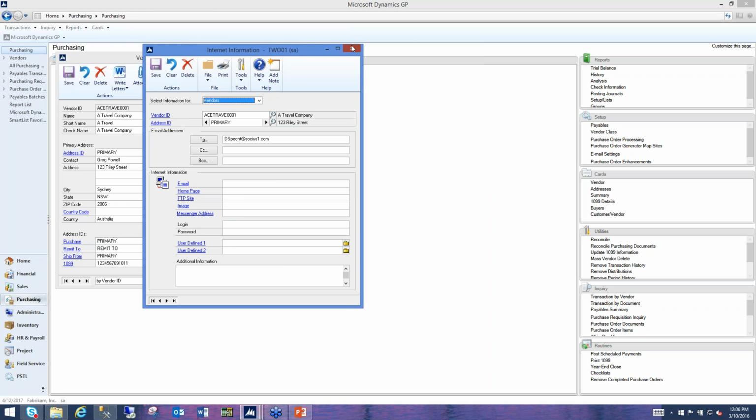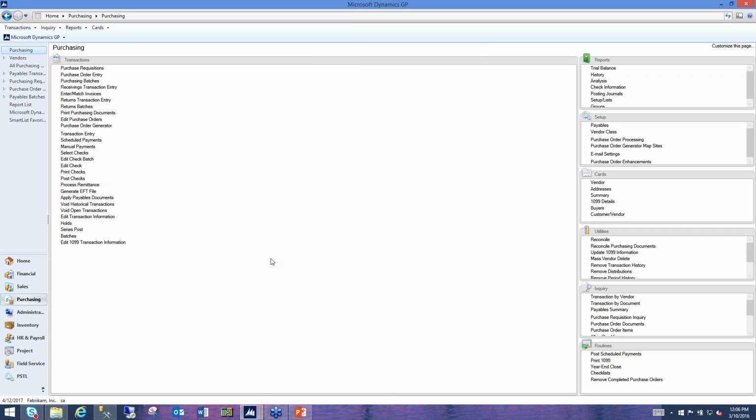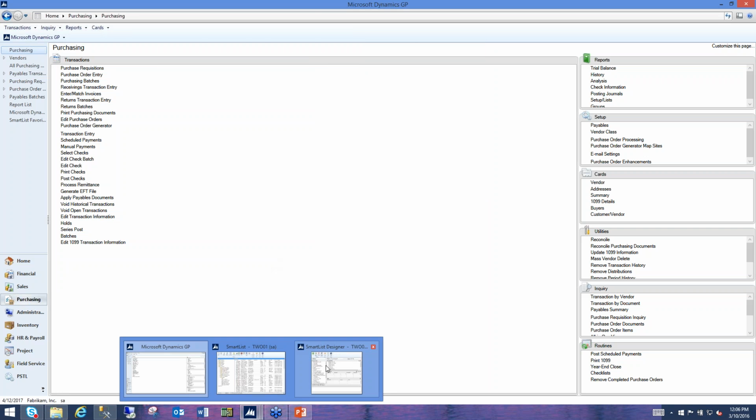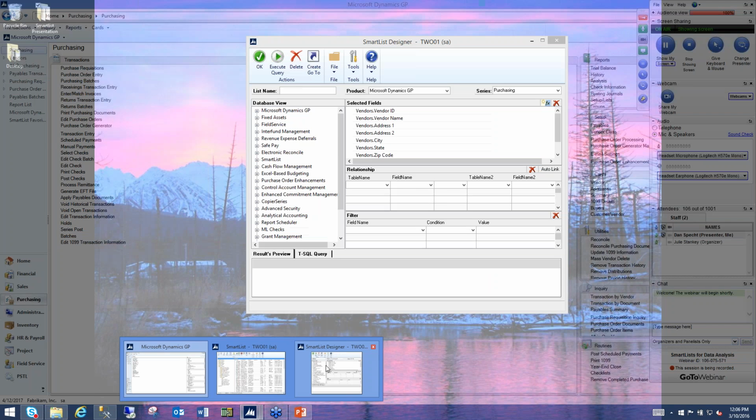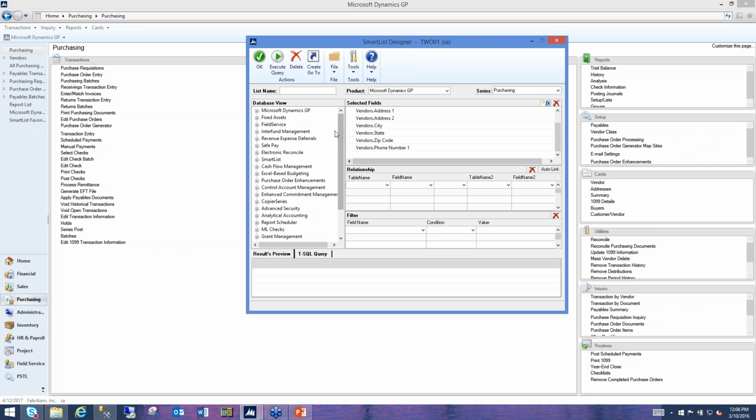So I can go ahead and close out of here, and I'll go back to my smart list. So now I can know it's a Dynamics GP table, and we can expand them out here. I remember it was under the company series. Now it's going through SQL, and it's generating a big list of all the different company tables that are in GP. And again, alphabetical order. So I just need to remember my alphabet here, and I can come down to internet addresses and see all